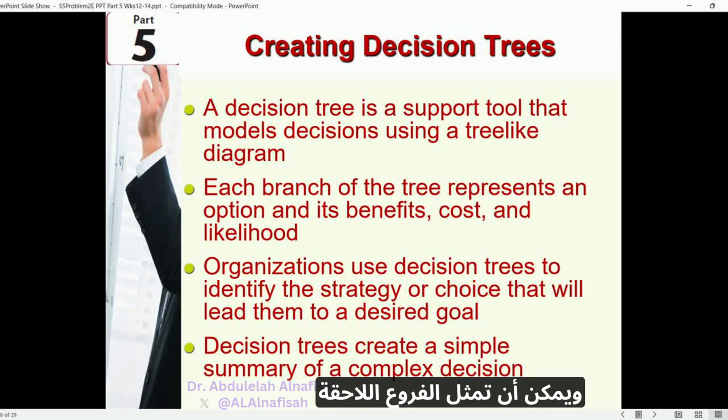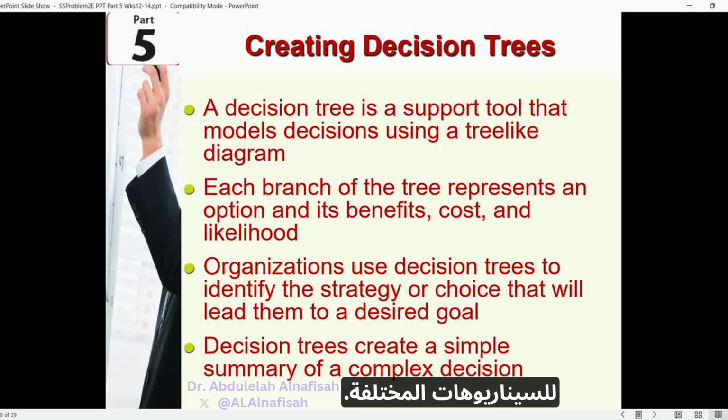Subsequent branches could represent potential benefits like expected revenue from the launch and costs like marketing expenses, as well as the likelihood of success for each path. This structured approach allows decision makers to visually track the consequences of their choices and weigh the potential impact of